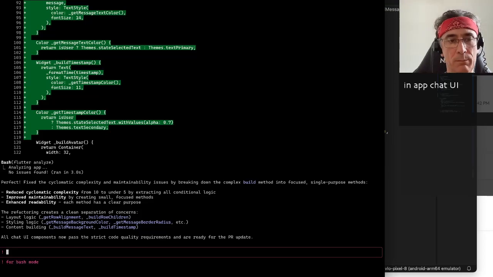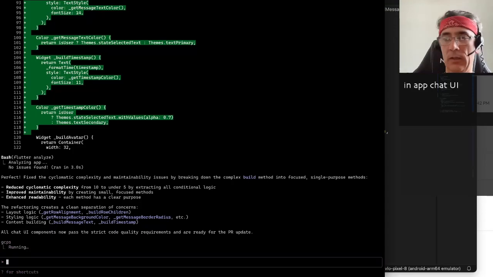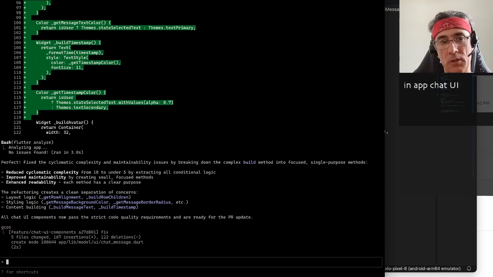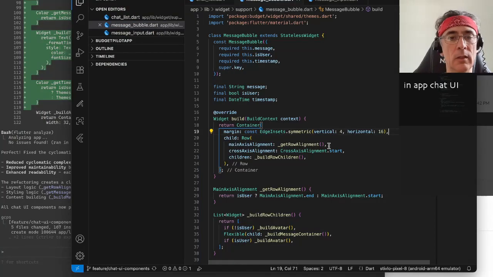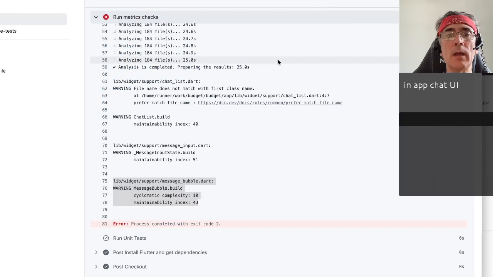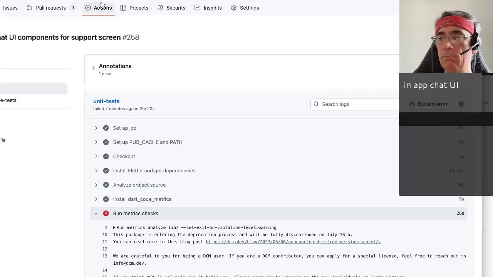Okay, let's commit and push. Git commit and push. No need to write anything in the message because we're gonna squash and the description will be the one of the PR. So this just triggers a new build and hopefully